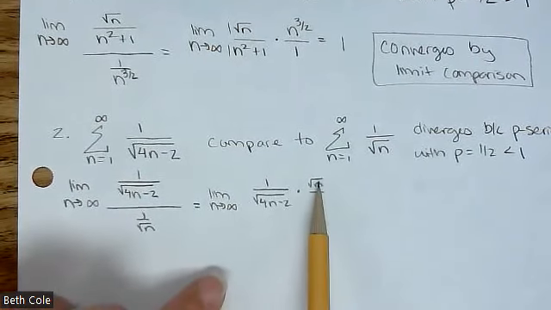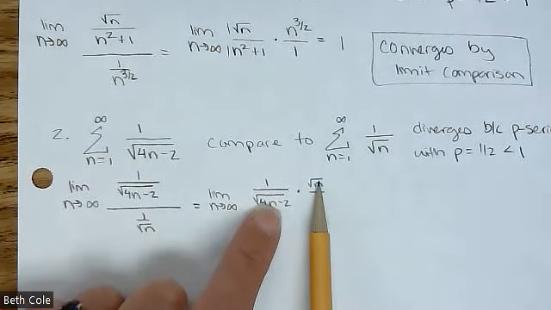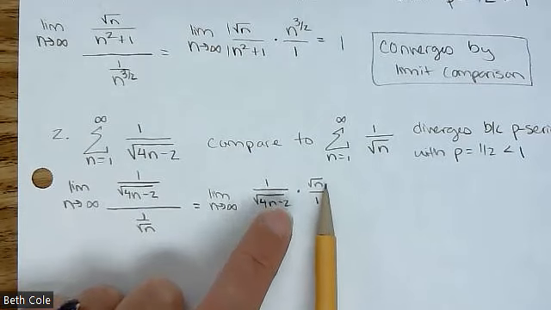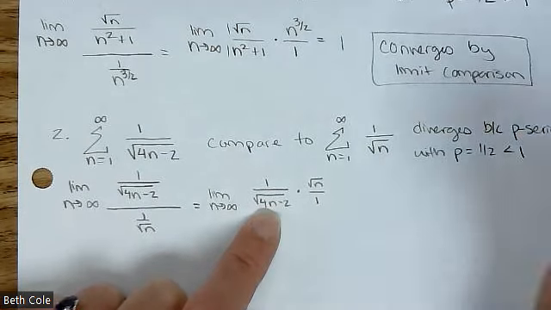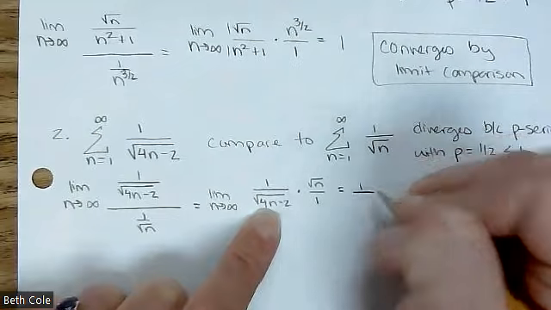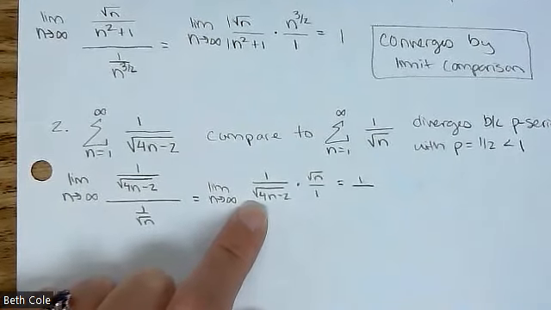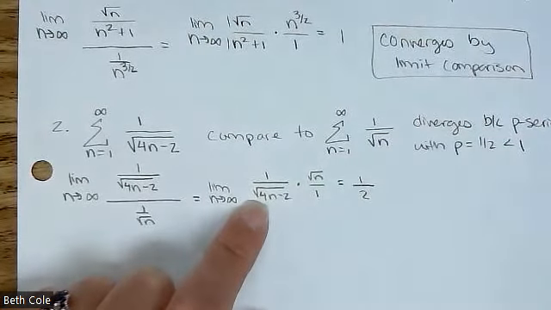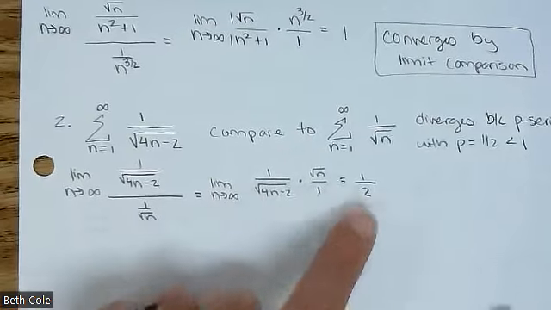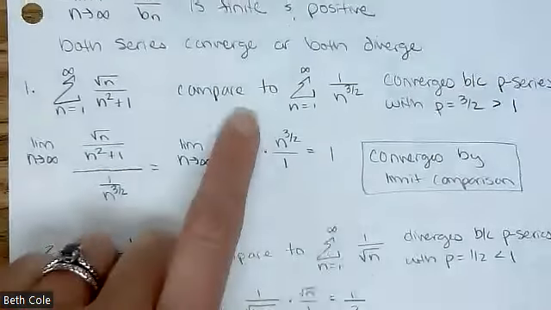So do you see how this is a square root of n and this is also a square root of n? When they're the same, you use the coefficients. Now in the numerator, that's a 1. In the denominator, it is a little tricky. What is technically our coefficient with this? Oh, good. Why is it 2? Square root of 4 is 2. And the point is 1/2 is a